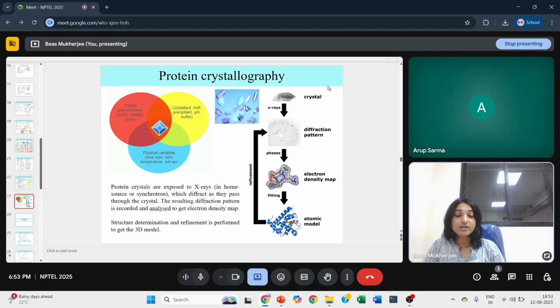Crystallography is very important and very useful for proteins that are very well folded. Now I was talking about these intrinsically disordered regions in proteins, which are also very important because these help in saving up a lot of energy. They are largely unfolded, and they are very important sites for protein-protein interaction and protein-DNA interaction. Now it is very difficult to crystallize these proteins because these are so random and they are so